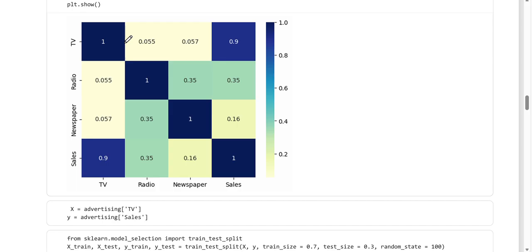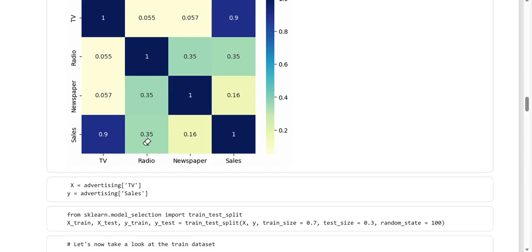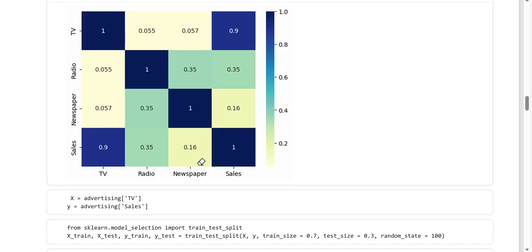In this heat map, it shows the correlation value. You can see TV, radio, and newspaper sales. On the y-axis, the first option is TV, the second is radio, and the third is newspaper sales. Looking at the x-axis, TV is 0.9, 0.35, 0.16,